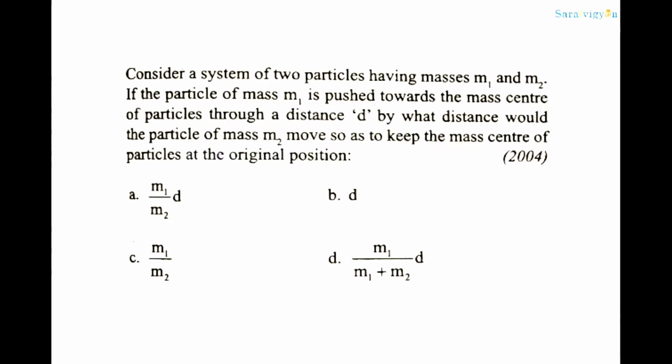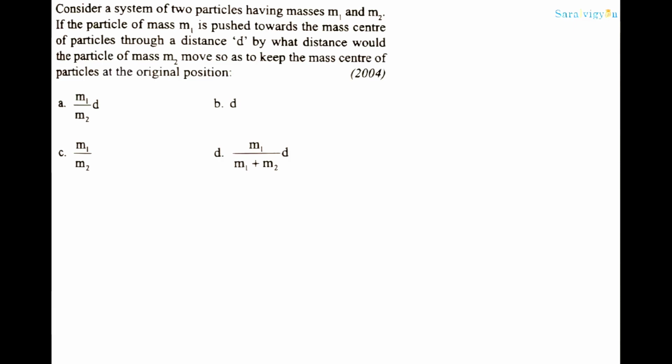Consider a system of two particles having masses m1 and m2. If the particle of mass m1 is pushed towards the mass center of particles through a distance d, by what distance will the particle of mass m2 move so as to keep the mass center of the particles at the original position? A. m1 by m2 into d,